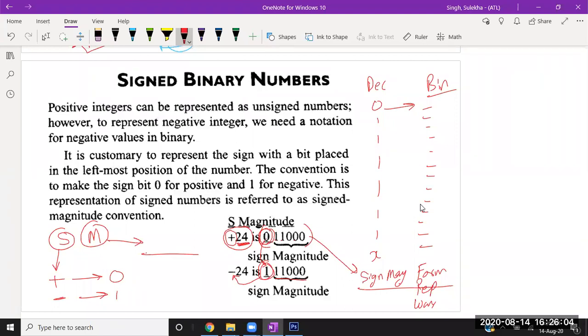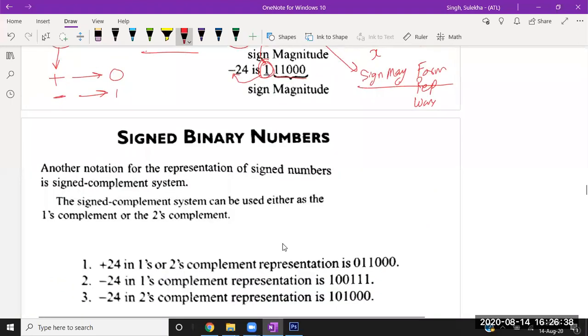Okay, is this signed magnitude representation clear? This is the very simple and easiest representation of any signed number, but this number system has a lot of flaws, and we will go through all those flaws as well. So first it is clear what a signed number and the signed magnitude representation of a number is. If it is clear, write yes in the chat box. Then we will go on to the other forms.